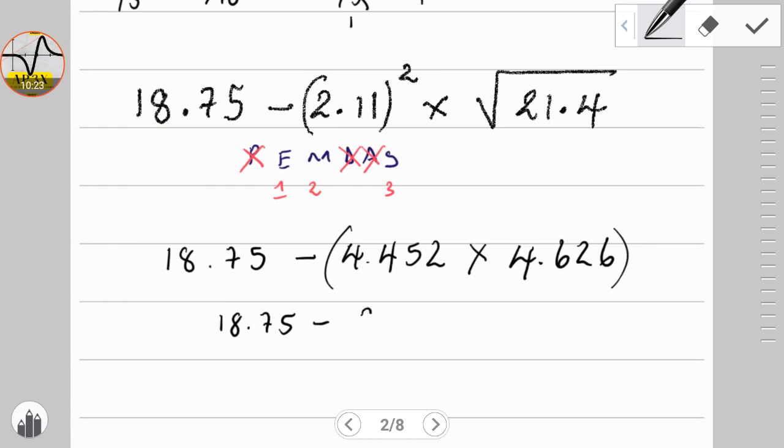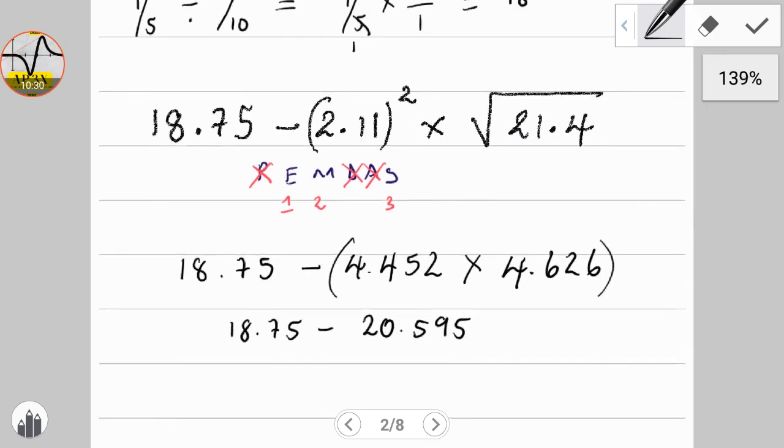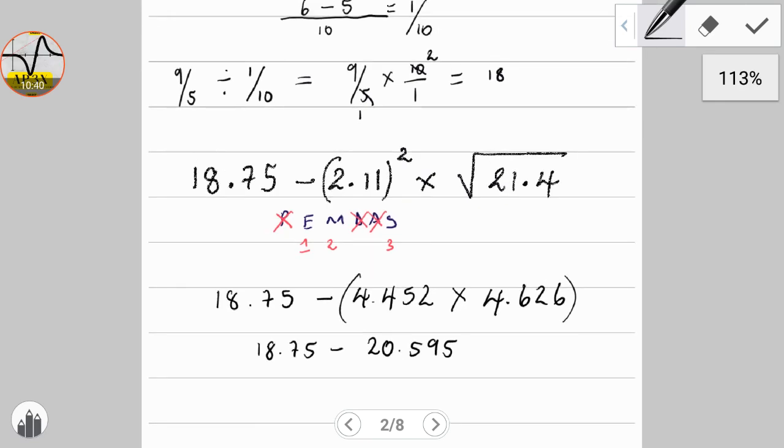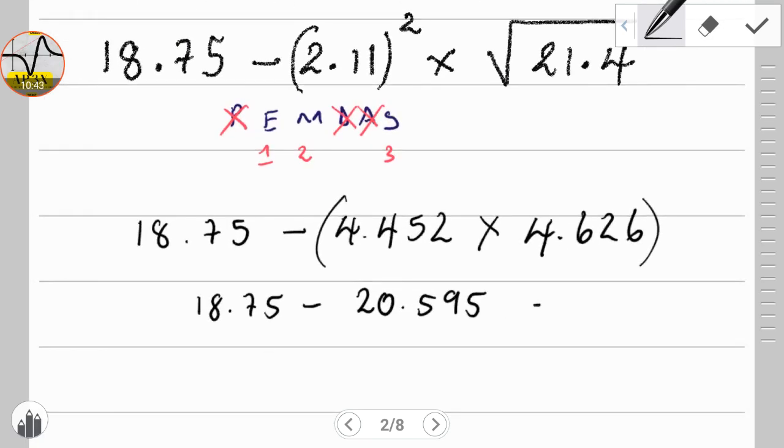And we get 20.595, okay? And then we're going to go ahead and say 18.75 take away 20.595. We should get an approximate answer here equal to negative